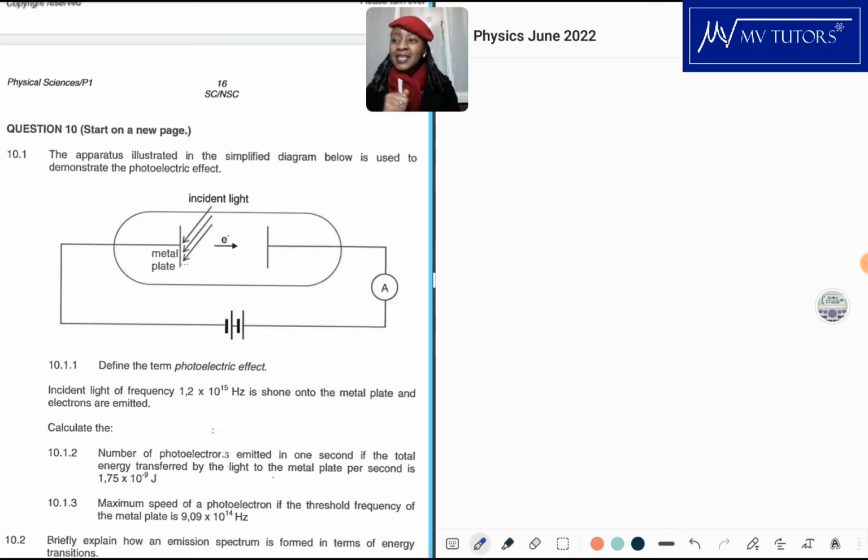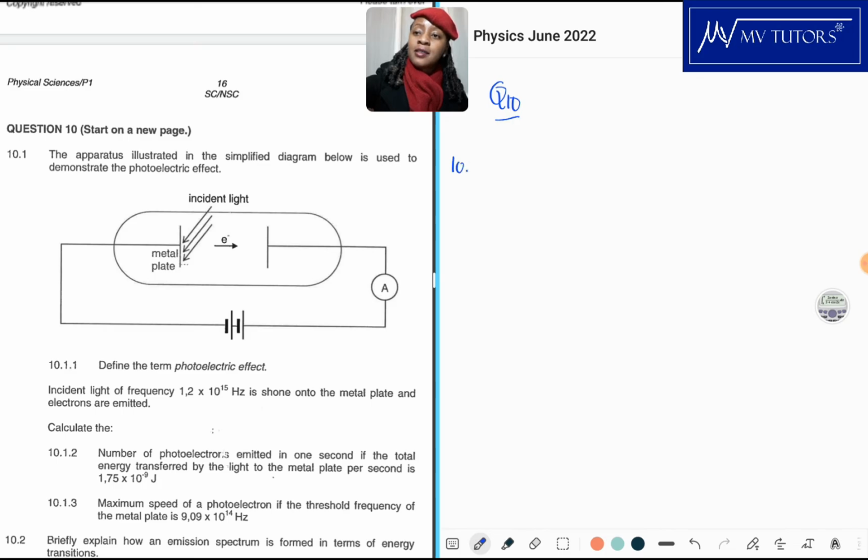Anyway, 10.1. The apparatus illustrated in the simplified diagram below is used to demonstrate the photoelectric effect. Okay, so basically with photoelectric effect, you have incident light, and if it has enough frequency, it can start to charge up the electrons, and with more energy supplied to the electrons, they can start moving, okay, and have kinetic energy. Okay, so now 10.1.1,